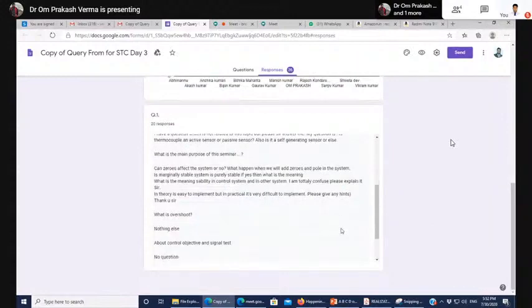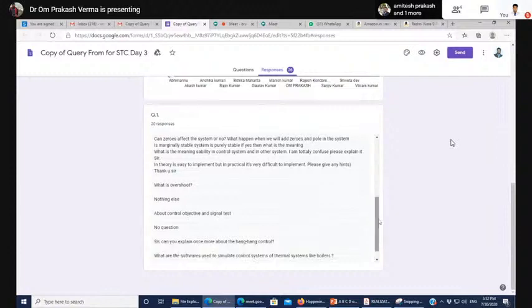Okay, what is overshoot? Overshoot, undershoot, we already discussed. If you understood the undershoot, overshoot means the maximum peak where it goes. If suppose your desired value is 10 kg per minute or whatever, and you cross that 10. Suppose you are running and you have to stop at some line, but you have inertia, so you will stop only after some time. Due to some inertia, you will not stop at that line. Slowly you go ahead and stop there. So the place where you stop, that maximum, is the overshoot. You overshot your point. That is the overshoot.